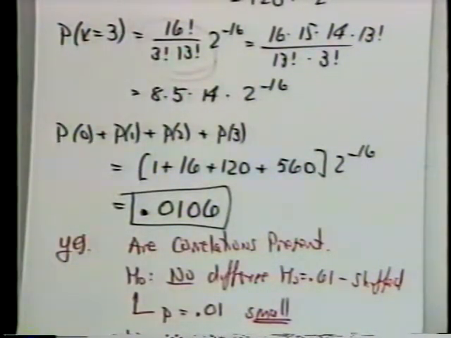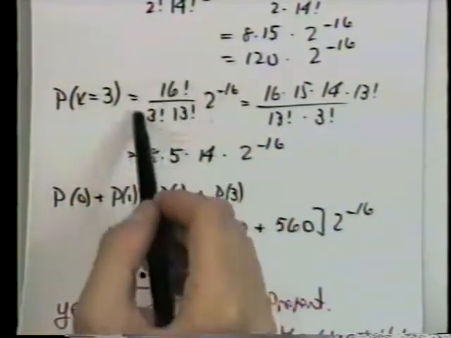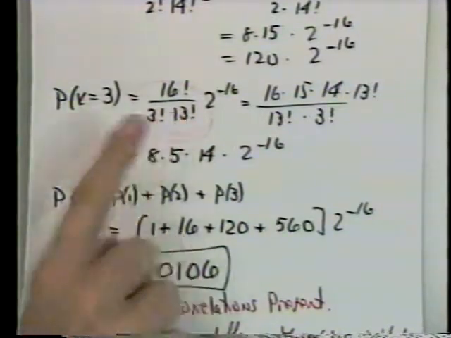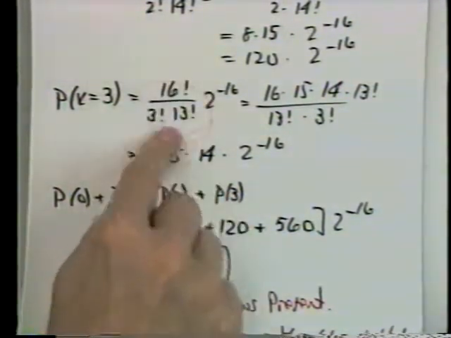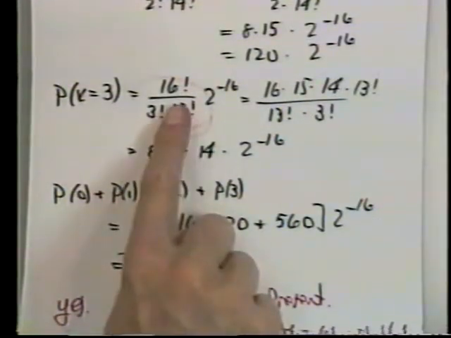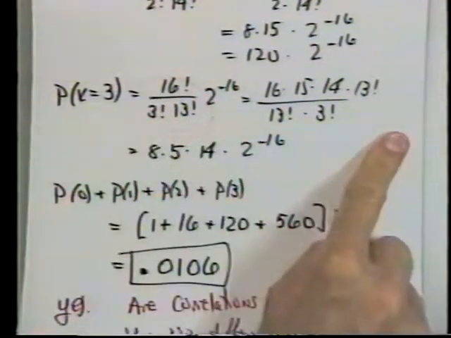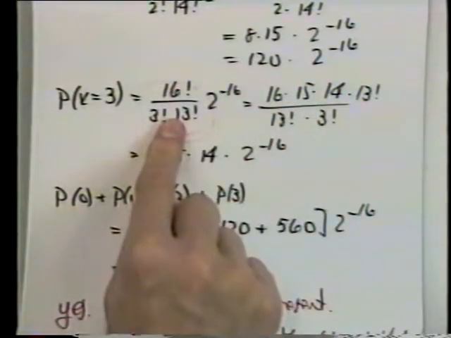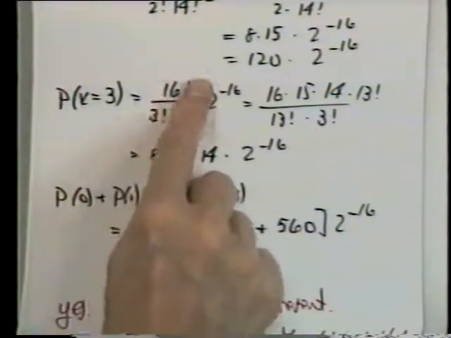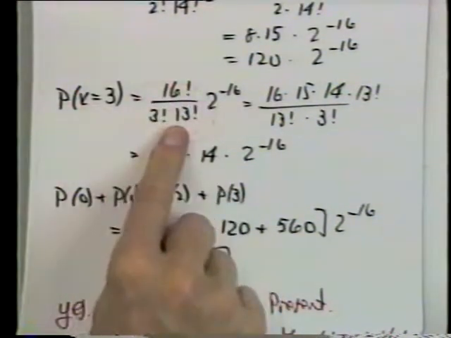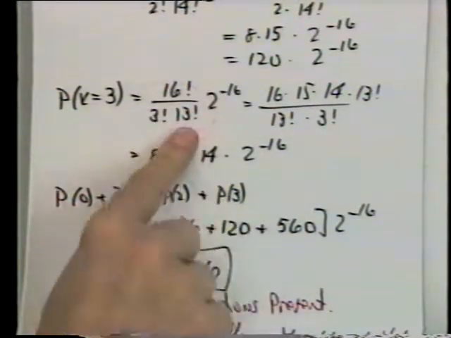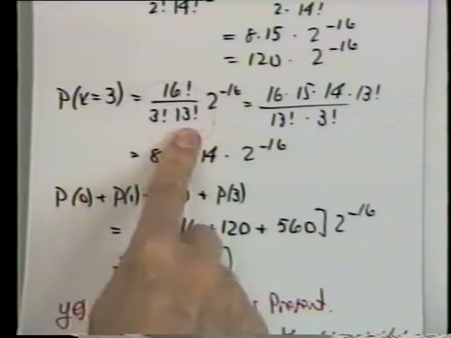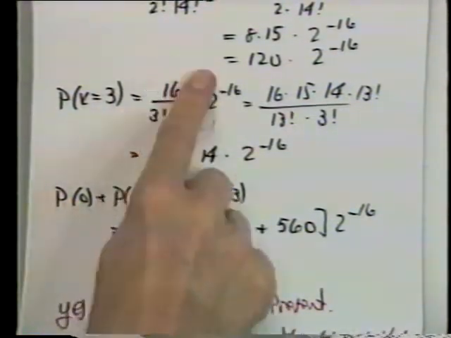Numerical Recipes actually has programs, because these are related to things called gamma functions, so you can push buttons on the machine and these can be calculated. And in fact, the way these are normally calculated, you can calculate them by expansion the way I've done here, so you can expand all these terms. But this is very inefficient, especially if you multiply all the numbers and try to cancel them. So there are approximations and other ways of generating these functions which are computationally more efficient than just doing it this way. And I have a program in BASIC that does the gamma functions like this. So there are more efficient ways of doing this.